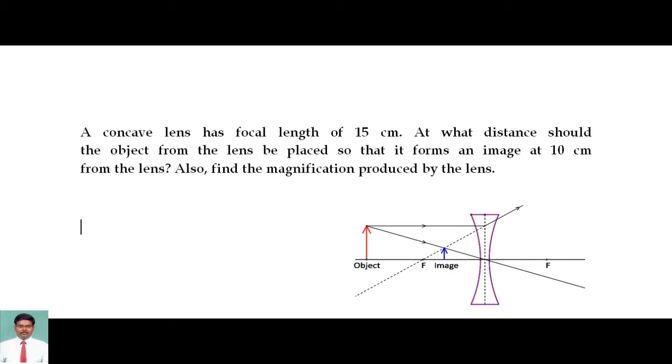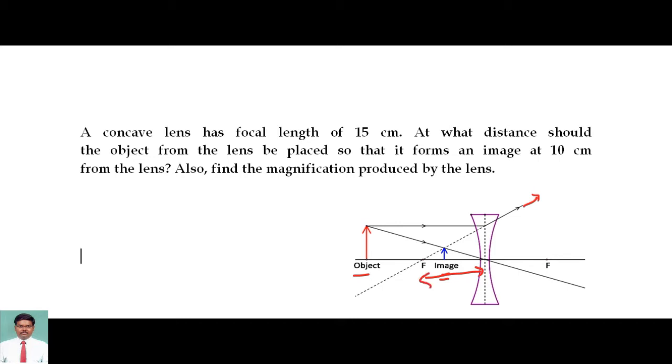Here we are taking a concave lens and keeping an object on the left hand side. This is the object, and I am taking two rays, one ray parallel to the principal axis and the other ray passing through the pole. As per theory, any ray parallel to the principal axis, since it is a diverging lens, gets diverged, and if you extrapolate it, automatically an image will be formed here.